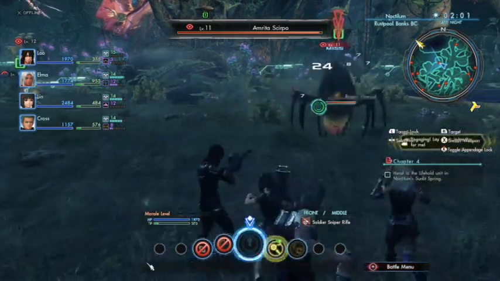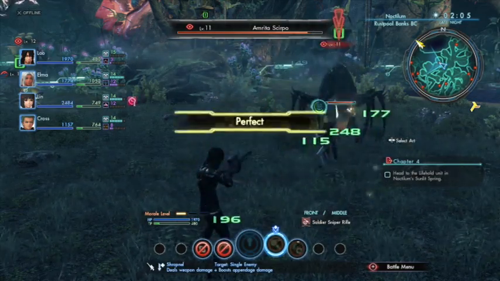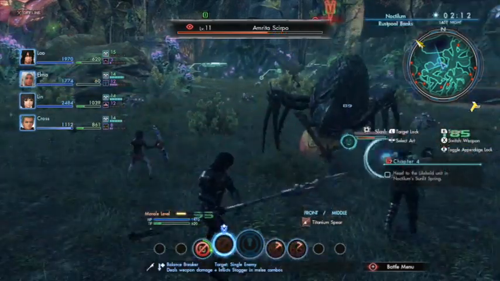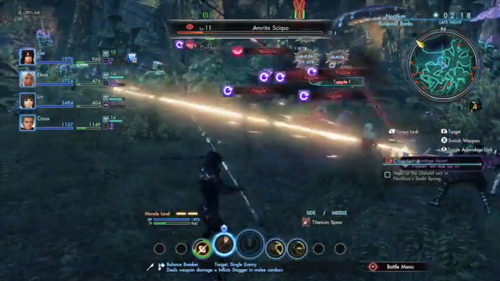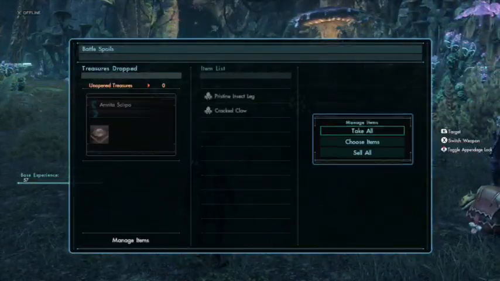It's just his main two ranged arts are your basic ranged arts. He uses a long range spear or lance, or whatever you would like to classify that as, for his melee weapon, and he has Balance Breaker, which he just did. It deals basic weapon damage, and during melee combos, it will deal...